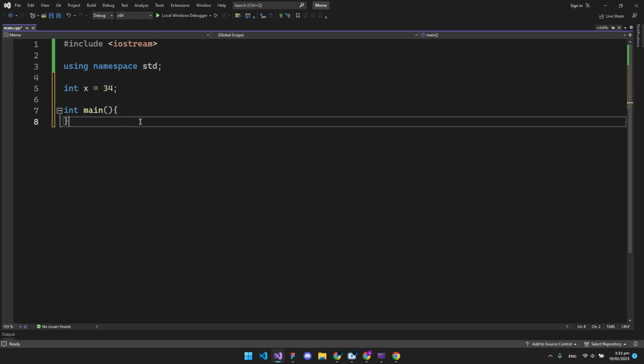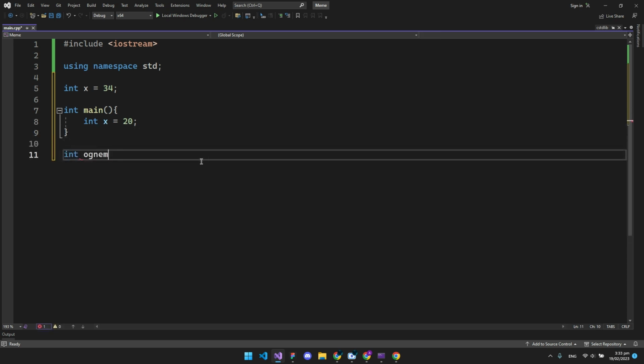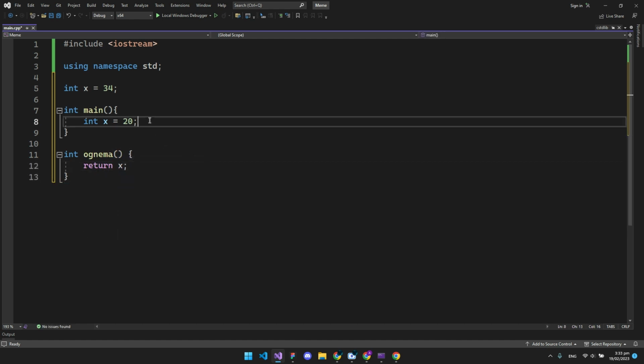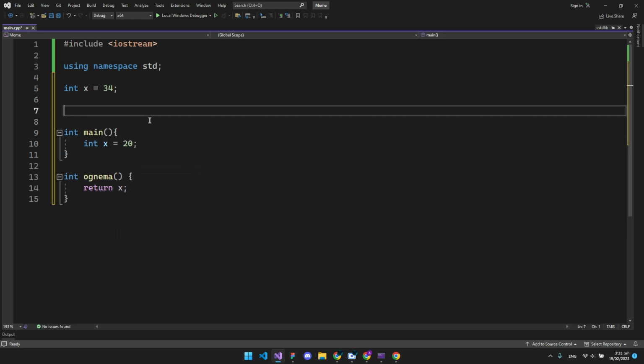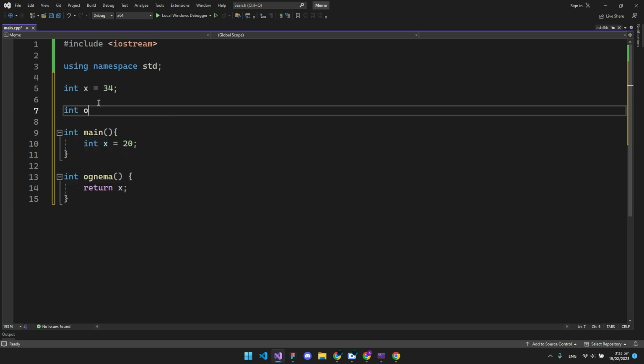But let's say we have a variable x that's equal to 20 in our main function. For example, yes, we can use the variable x that is here and the variable x that is here. To show you an example of this, let's make a function called ognema and simply return x. And in our main function, first off, let's prototype it. And when we prototype it, just make sure that you prototype it below the function so it can actually use it when we're calling it. So int ognema,